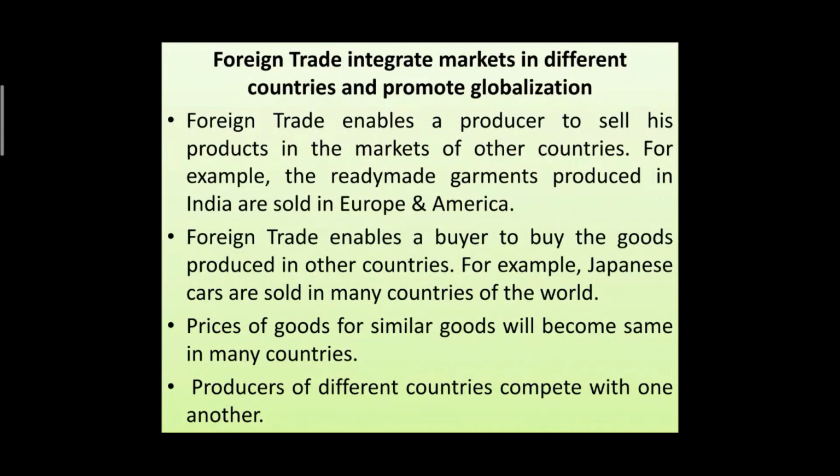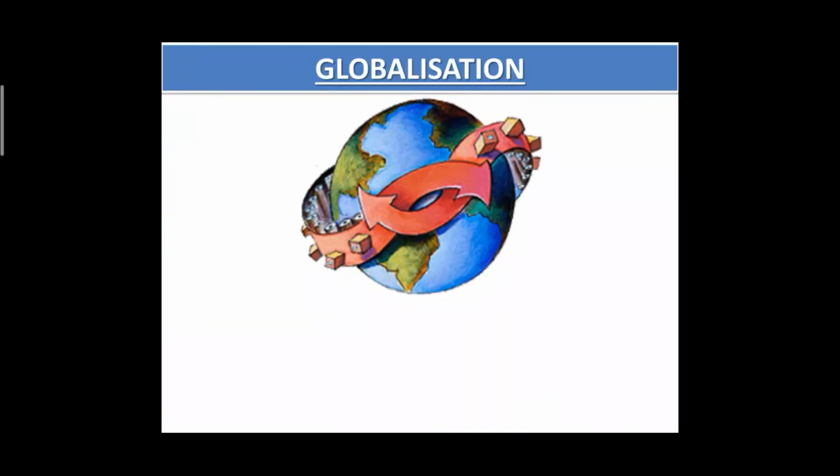And here we can see the difference between foreign trade and foreign investment. Trade includes buying and selling of goods and services and the flow of goods and services from one country to another. This is foreign trade. And when I say foreign investment, it deals with investment in shares and properties on foreign land, and there the flow of capital takes place from one nation to another, which promotes the process of industrialization. So here comes the main topic of the chapter, that is globalization.